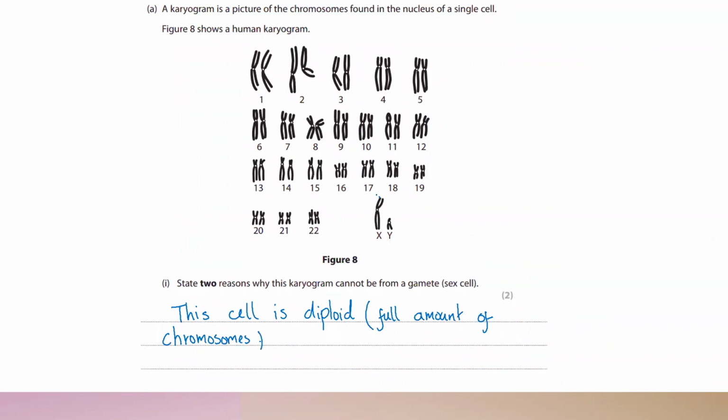Also, look at this one. This is to determine what sex a human would be, male or female. For X and Y, so it is male. So the cell has X and Y on the 23rd pair. If it was XX, it'll be female. Male. On the 23rd pair,